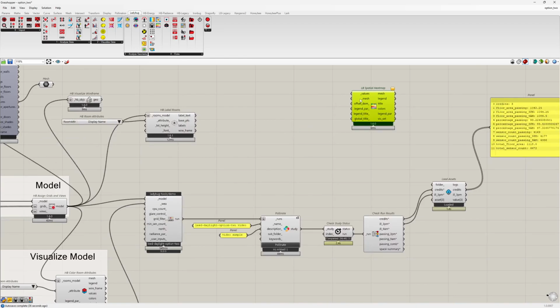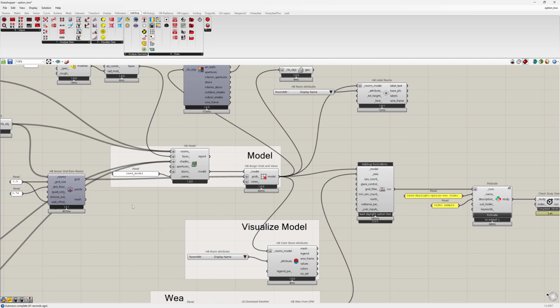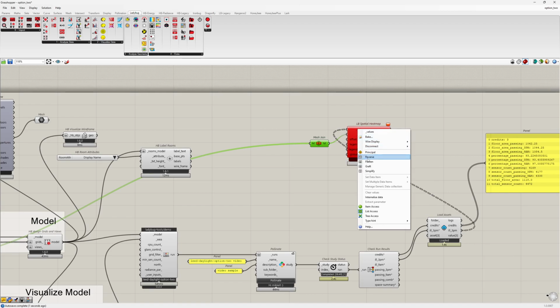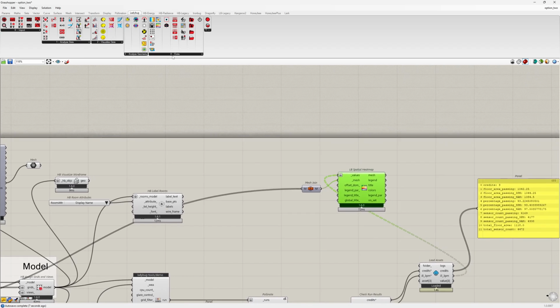And what we want here is the mesh. This is the mesh from the grid creation. But what we need to do first is to join the meshes by the native mesh join component. And if we connect this to the spatial heat map component and then the Illuminance values, and then flatten the values because the mesh is joined, and then add a legend,